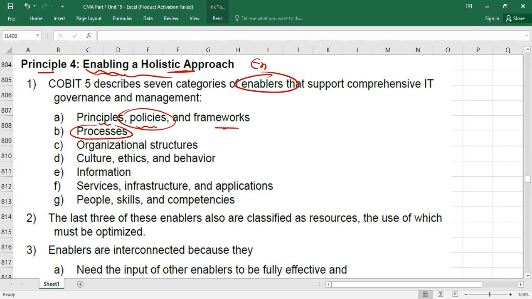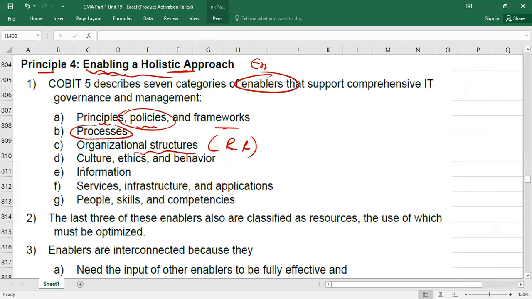Then, number 3, you also need to have a strong organizational structure. Organizational structure means who is reportable to whom, who is senior, who is junior. Obviously, when you define the structure, you also define the roles and responsibilities within the structure. Understood? So these 3 things are required.